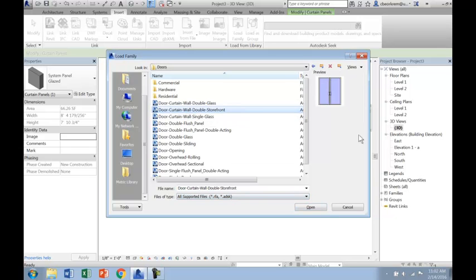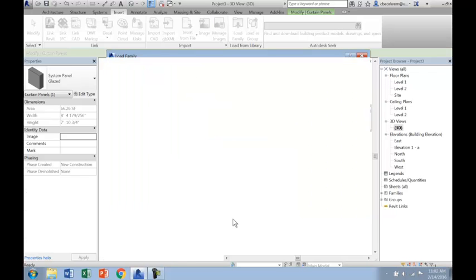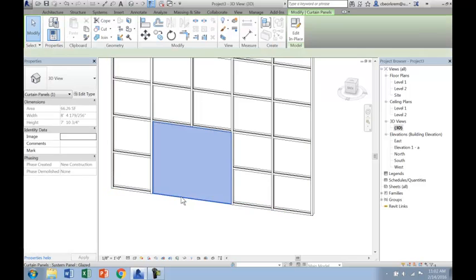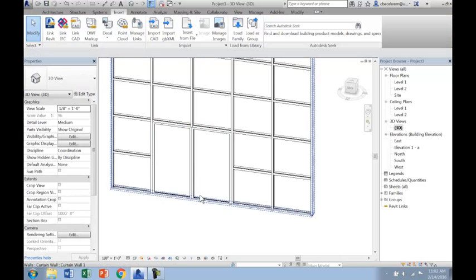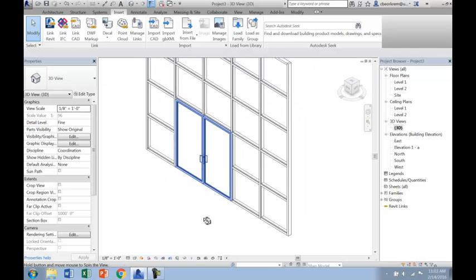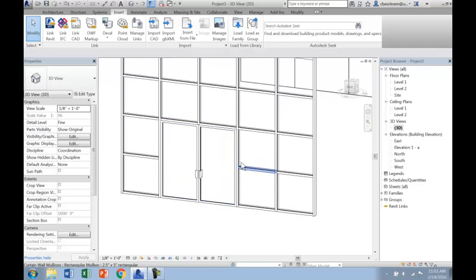If I do the double storefront, you can see this comes with the mullion system already built in. Now once I've got that loaded into the project here, I can select that panel and scroll down until I can find that double storefront door, and you can see how it brings it in. If I change the detail level, you can actually see the door handles there in the system. And obviously these are a little wide. I probably need to adjust my grid, but